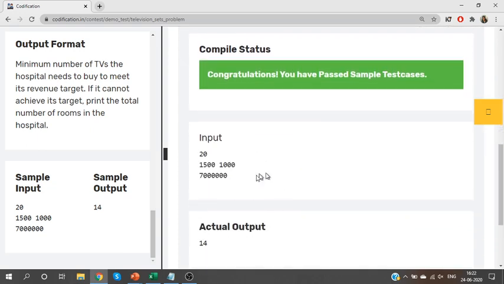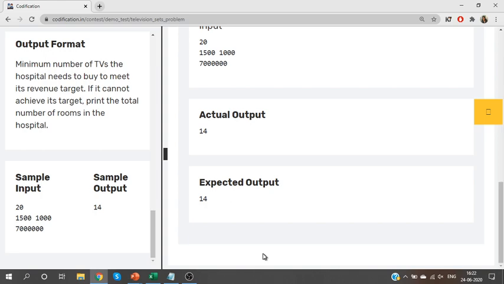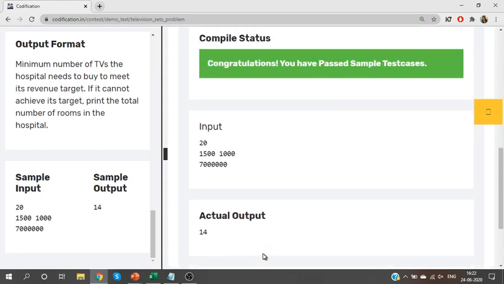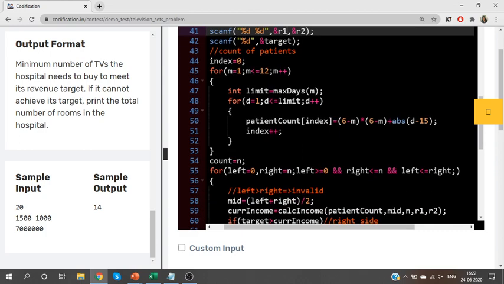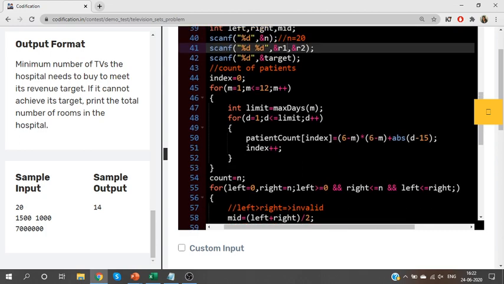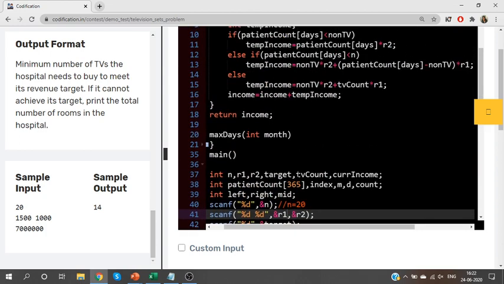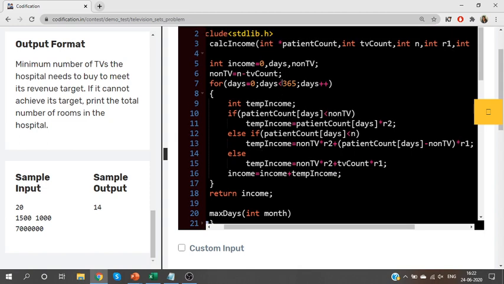So here we have passed the sample test case. This is one level of optimization. Super. But this is still not perfectly optimized. Why? Because for income calculation, when I calculate the income, I'm considering 365 days. If I give you a 1000 year time period, for each year you should consider 365 days. Let us try to simplify this. Okay. How can I simplify this?